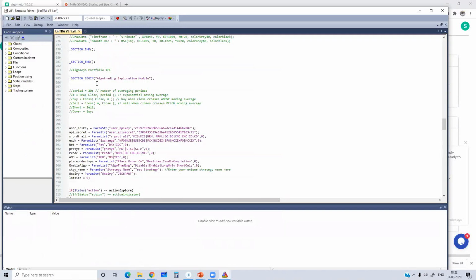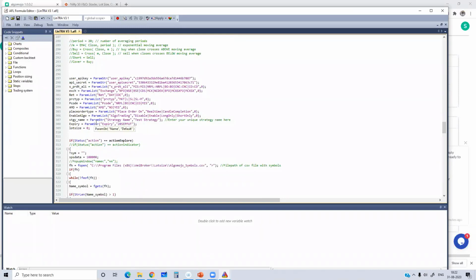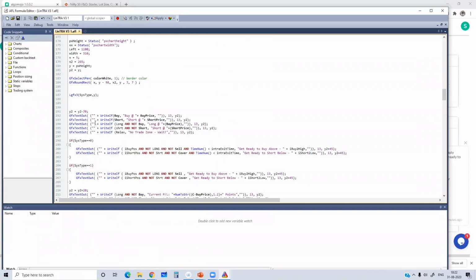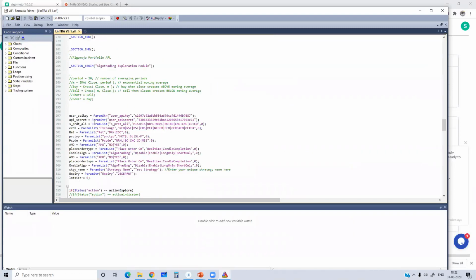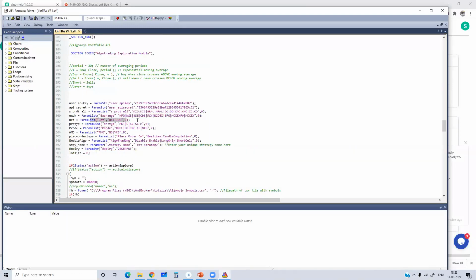So quantity is done, strategy is also done, and also check all the other parameters as well. So day type, MRKT, here again one more MIS. You set it so that you don't need to change it every time again and again. Place order is on real time. Algo is disabled by default, which is fine.